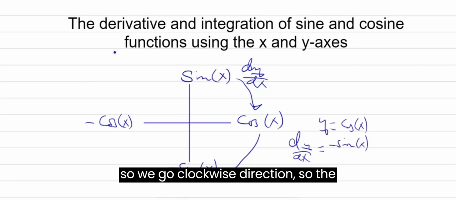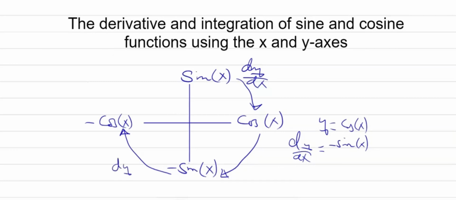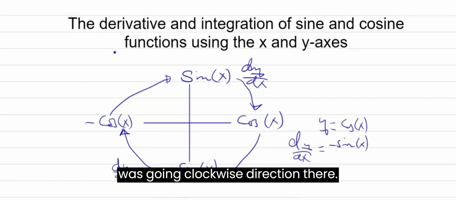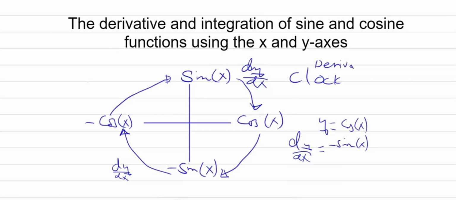So we go clockwise direction, the same, and the derivative of negative sine is negative cosine, and the derivative of negative cosine is sine. All right, so that was going clockwise direction. The derivatives, you go clockwise direction,